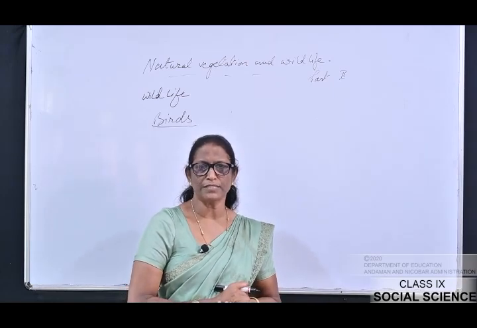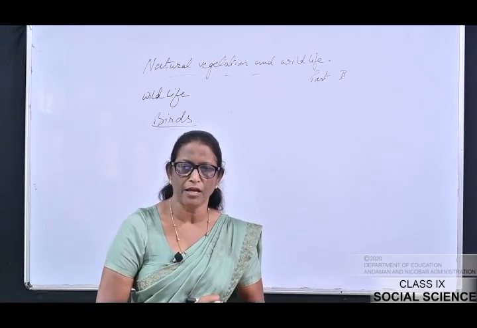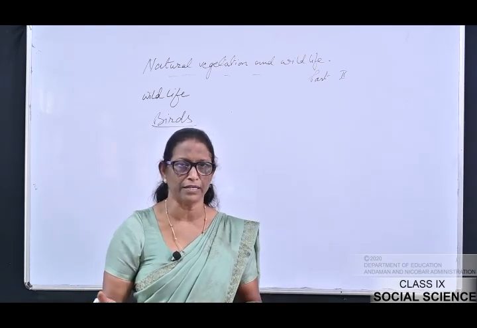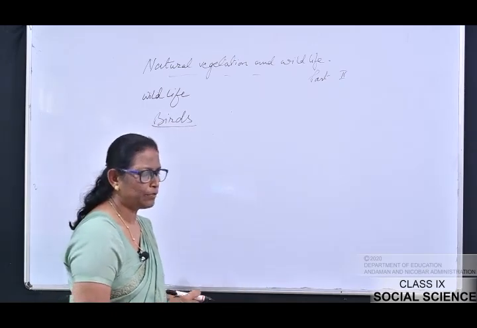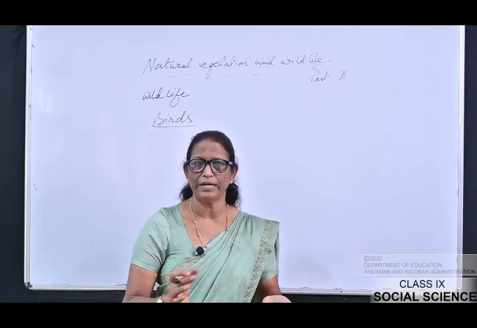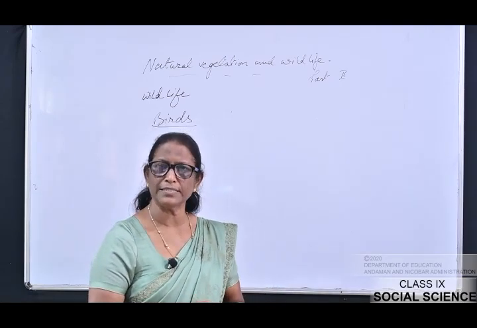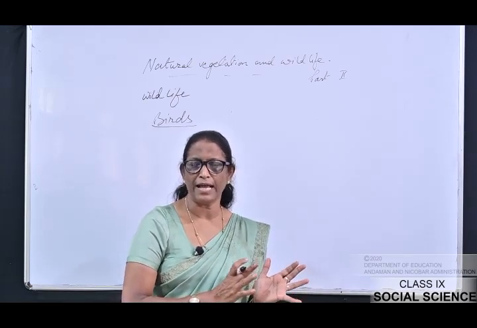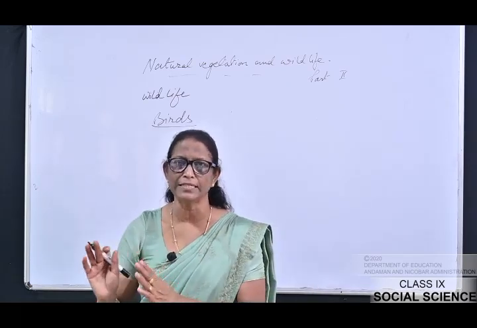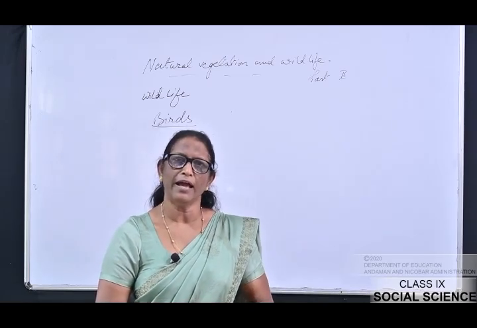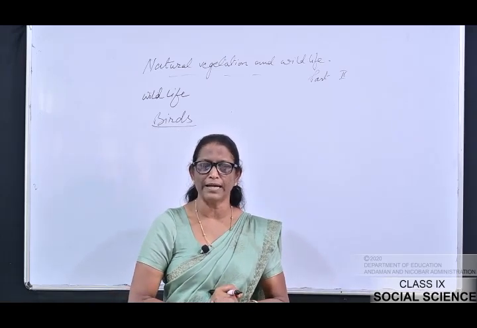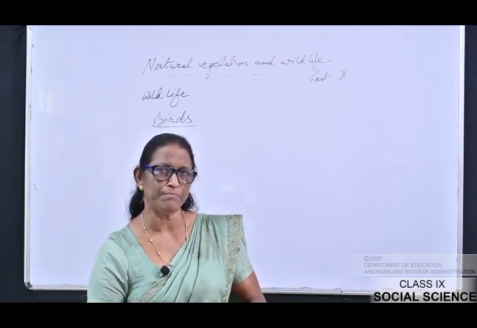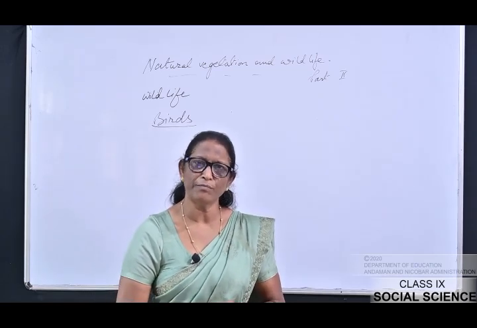Next, a few questions we will discuss from this. You know that the western part of India and the eastern part of India, in this map you have seen different animals. Now what is the reason for this distinction, that the western part of India has a separate kind of animal from the eastern part? This is a question for you. If you read the textbook, you will get the answer. You can easily do it. I hope you understood this chapter, and stay home, stay free,